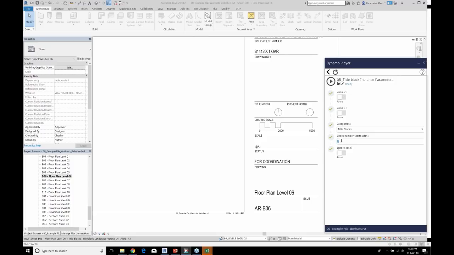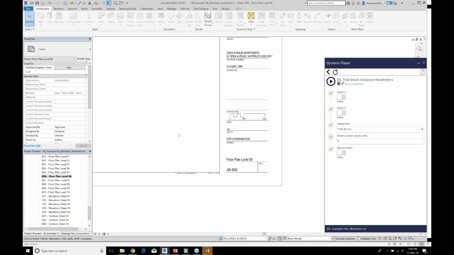But here we can see that it's going to look for any sheets beginning with the letter B, which is fine. So 2 seconds and we're done.